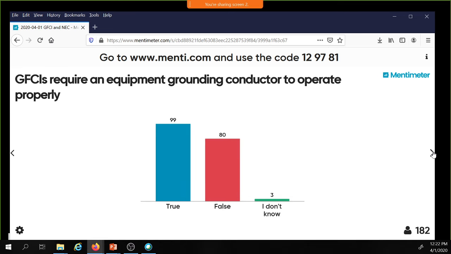So, GFCIs require an equipment grounding conductor to operate. 99 said true and 80 said false. If this were true, that would mean I cannot use a GFCI on knob and tube wiring. I could not use a GFCI on older wires in homes. I do not need an equipment grounding conductor, and we're going to talk about the technology and help you understand why that's the case. But GFCIs will function even if there's just a hot and neutral and no equipment grounding conductor